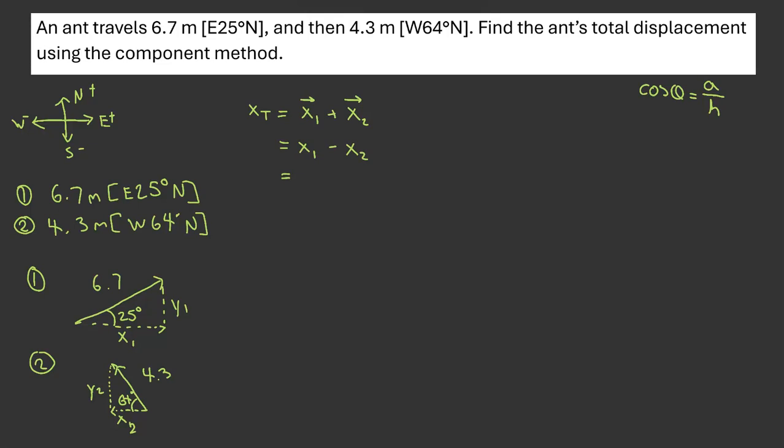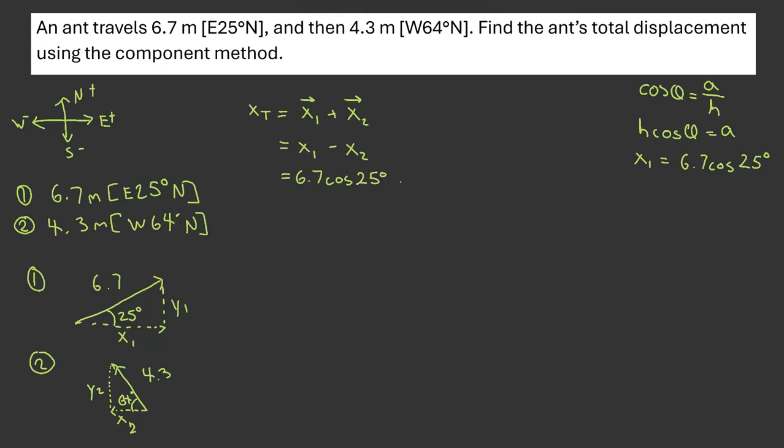So to solve for A, I just rearrange this, multiplying both sides by H, to get H cos theta equals A. And in this case, A is x1. So x1 equals my hypotenuse, which is 6.7, times cos of our angle, which is 25 degrees. So I'll just plug that in here. Our x1 is 6.7 cos